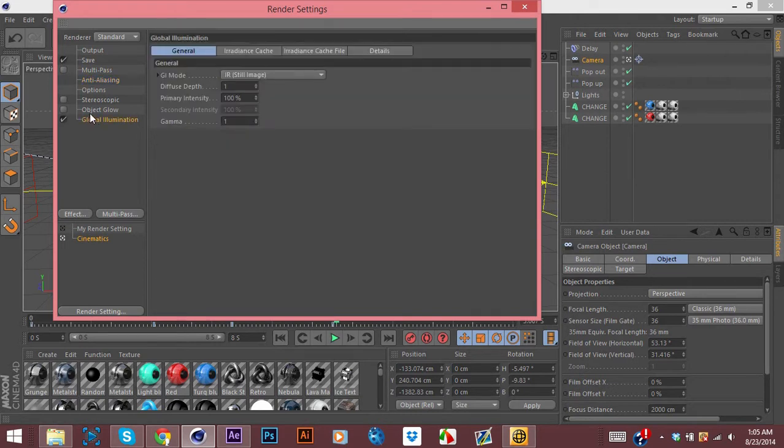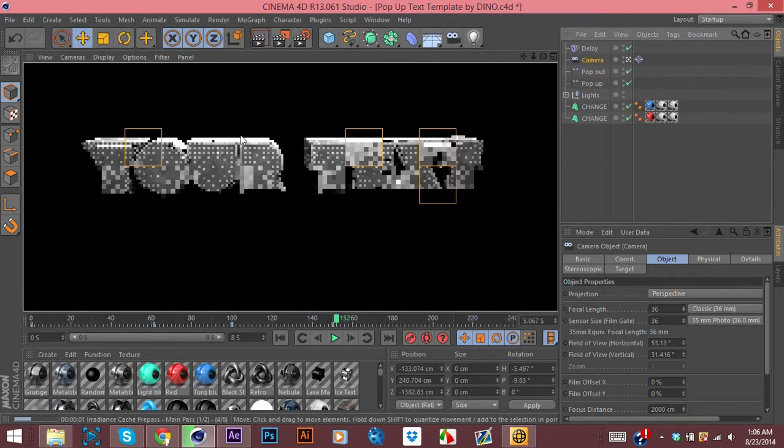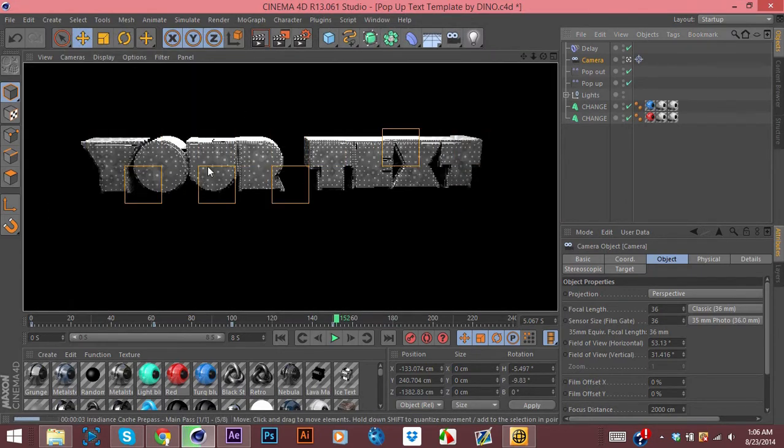This is an option if you want to add global illumination. It adds a lot better shading and shadows to the text, and it looks a lot better. It takes a little bit longer to render. You can see if I bring an example right now, since I have it selected, it will render it with global illumination, and you can see it takes a little longer, but it renders out nice,